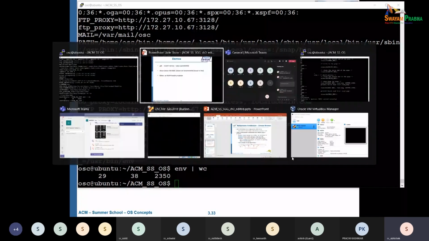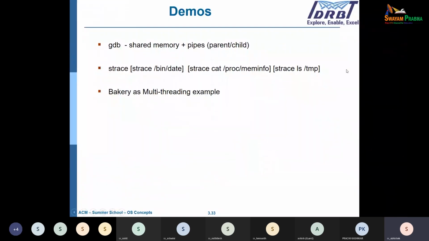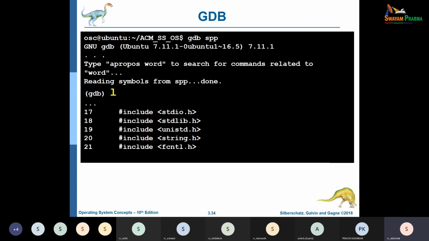Okay, so we can do similar stuff with other commands. I will leave this last part of the exercise for you to try out. Let us move to the bakery algorithm. First, see why it is needed, and then finally we look at a multi-threaded example of bakery, and in that process we would also have